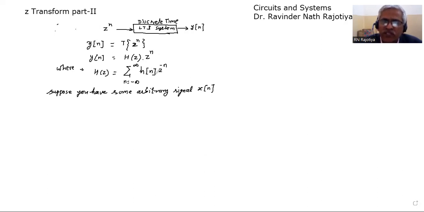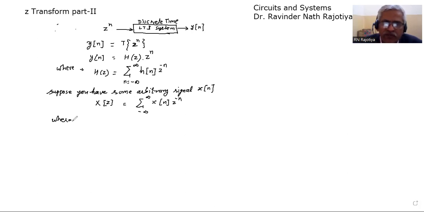For h of n, the response is h of z. For x of n, it will be x of z. So simple. Therefore, I can write x of z is equal to the summation from minus infinity to plus infinity of x of n into z power of minus n, where